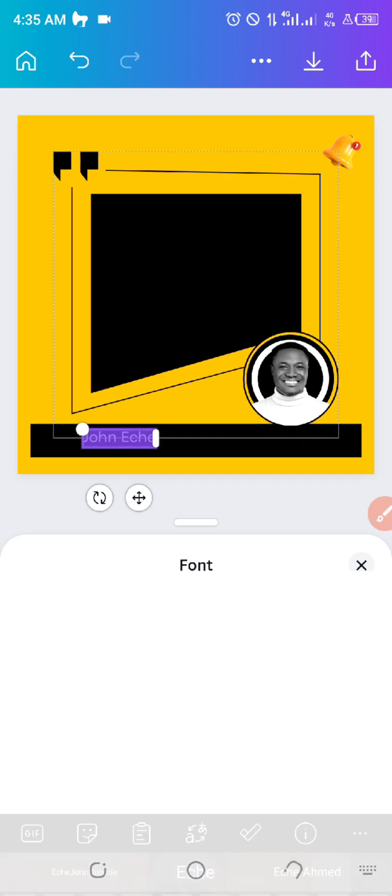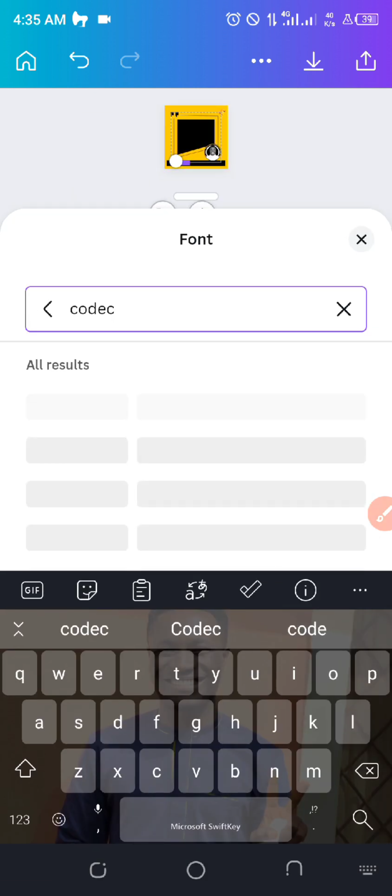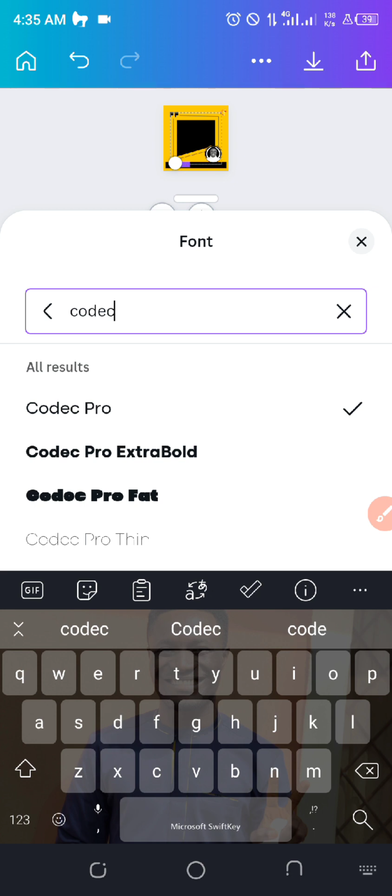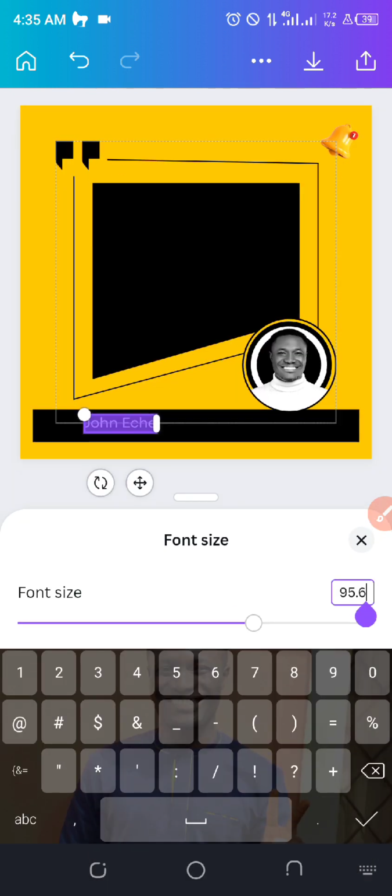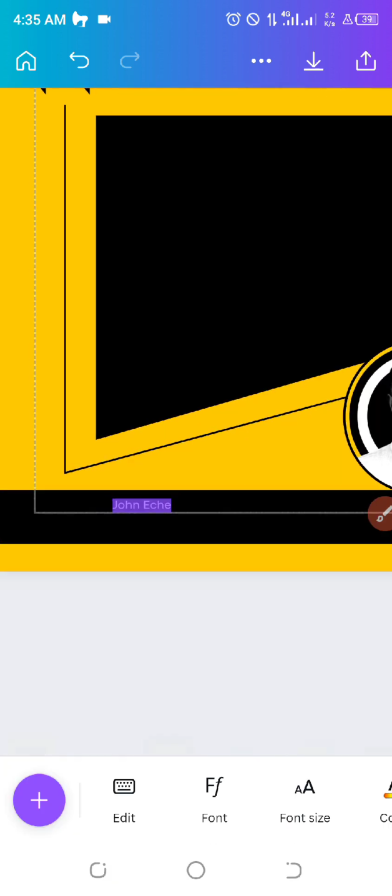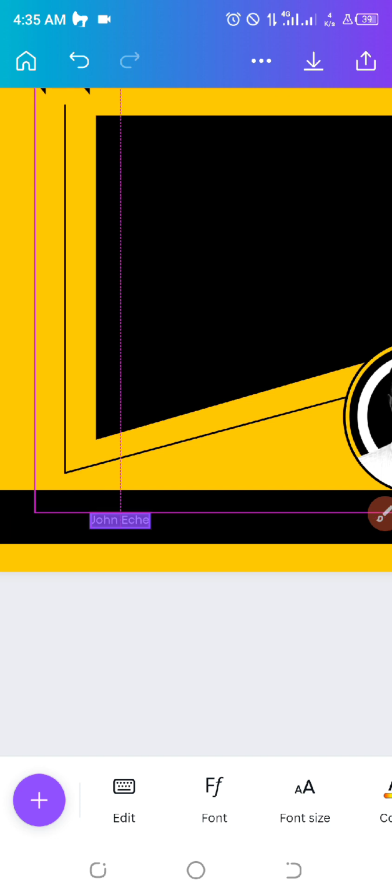Okay, so the font I'll be using is called Codec. Codec is my favorite font, Codec Pro. Yep, select Codec Pro. The size for the social media handles, let's just use social media handles. We'll go to the main quote itself. So the size for these social media handles, we just name them 47, right? 47. I'm going to keep this here,